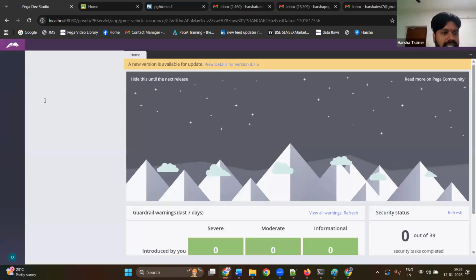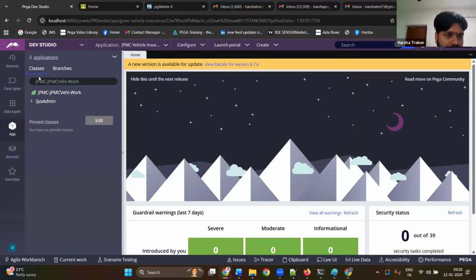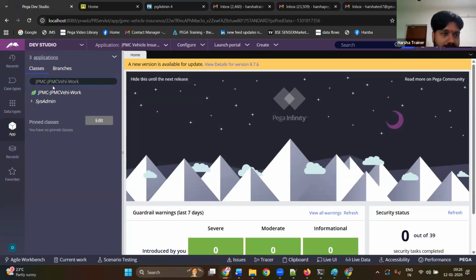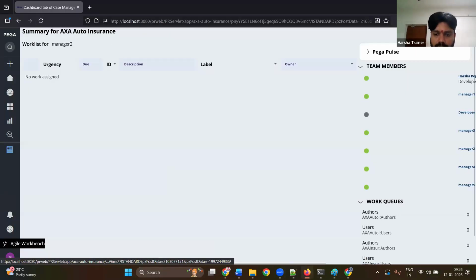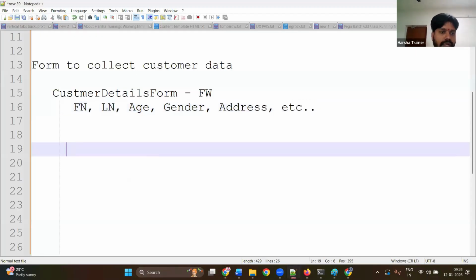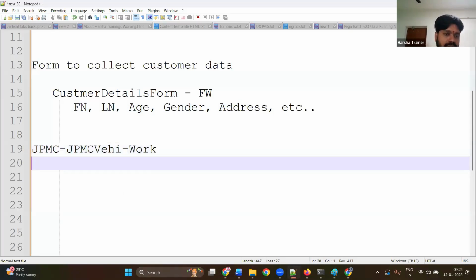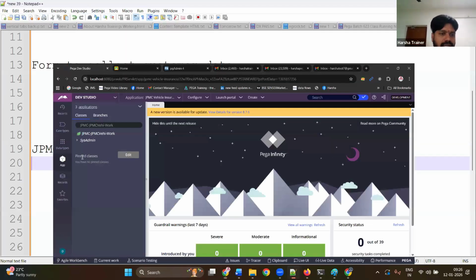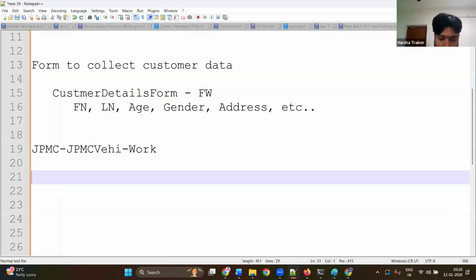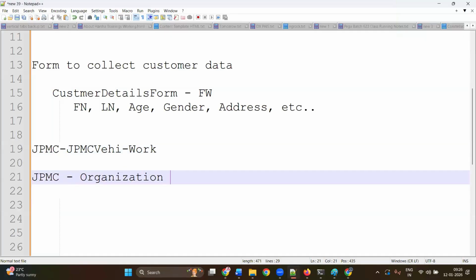In the Dev Studio, when you come to App Explorer, classes, there are 3 classes loaded here. Let me copy these names and take it here. Can you tell me what the 3 classes are? What is the first class name? JPMC. This is called the organization class, if you compare with the organization structure.